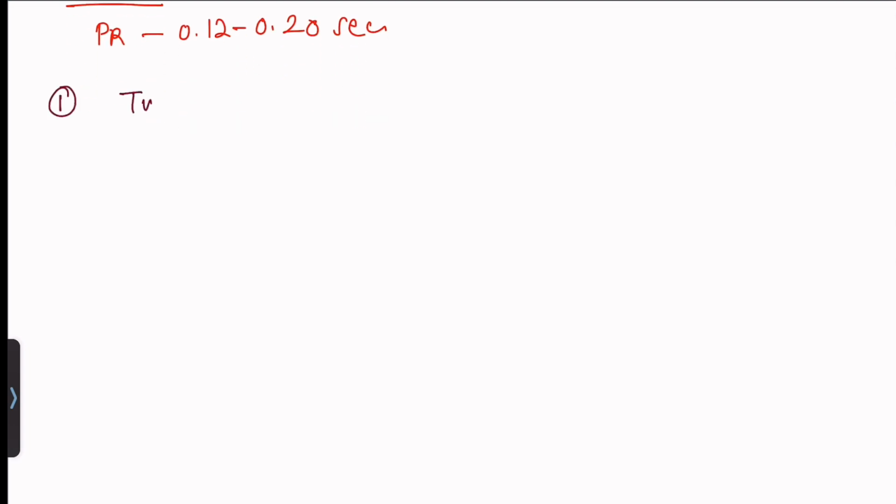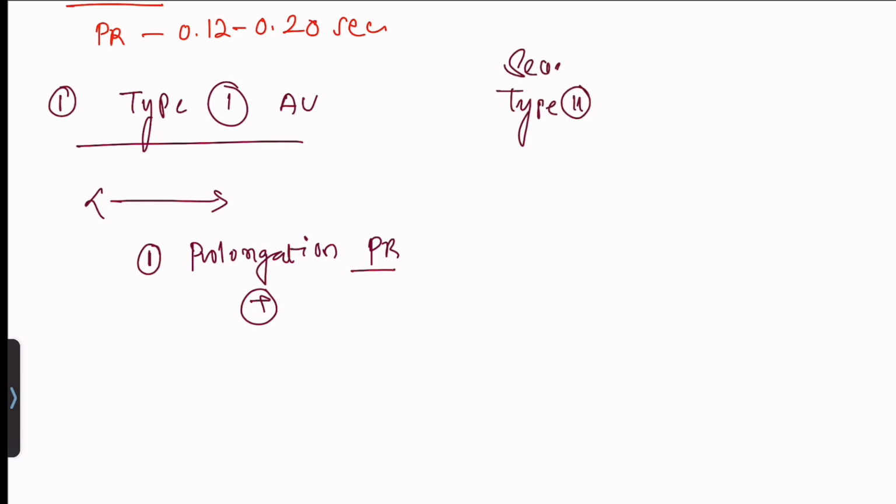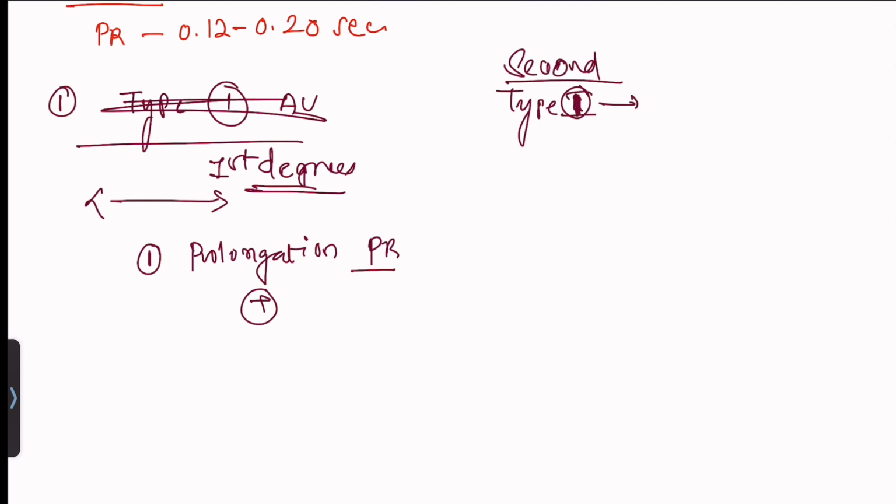Look at type 1 AV block, this is first degree: there is only prolongation of the PR interval, right? Second degree type 1 is also called Wenckebach phenomenon,